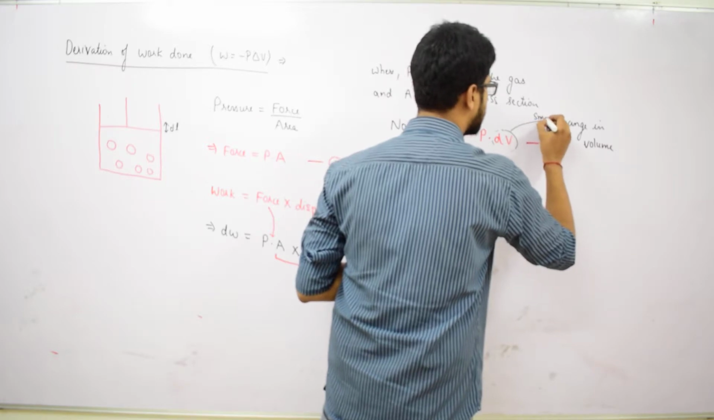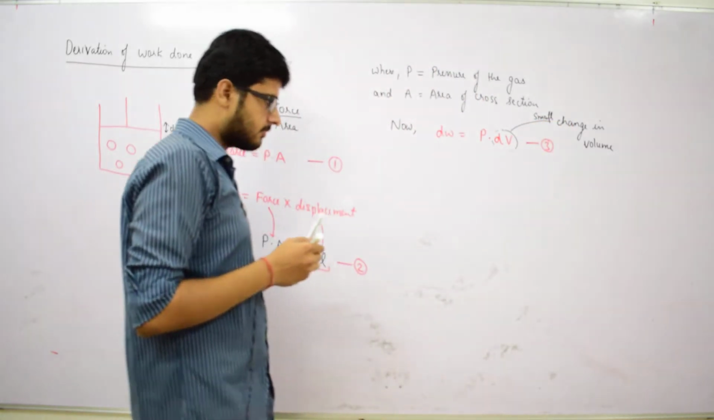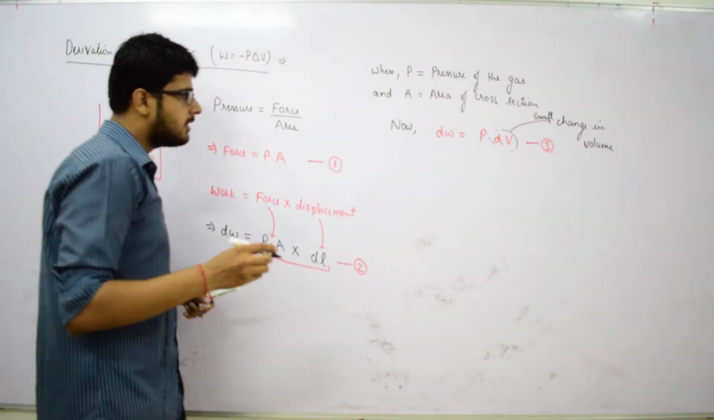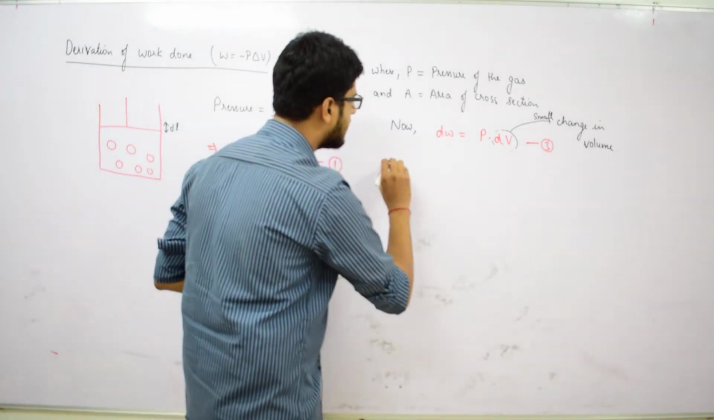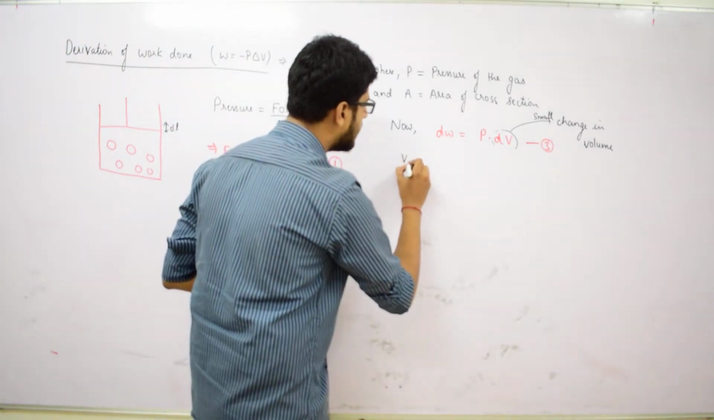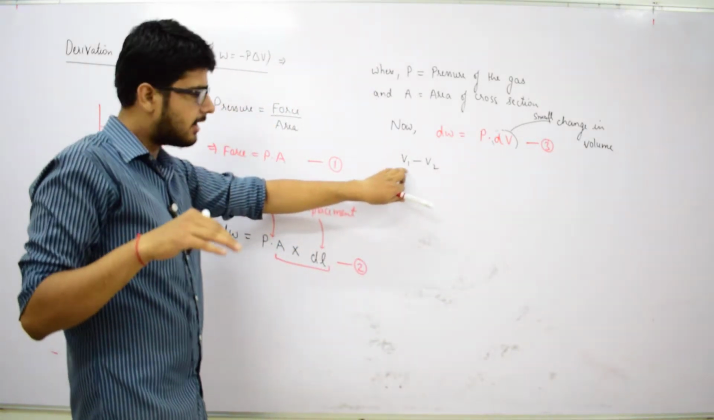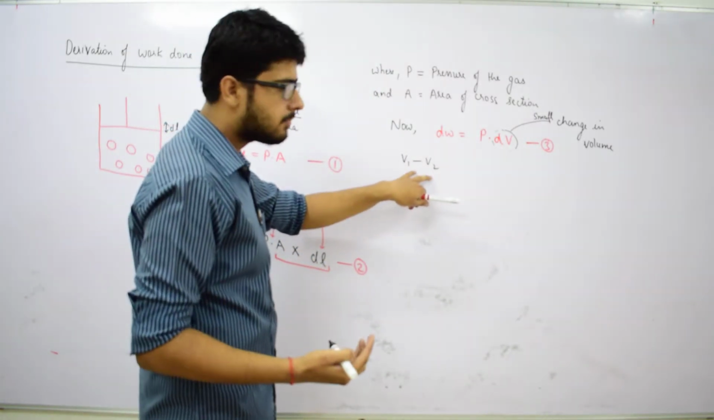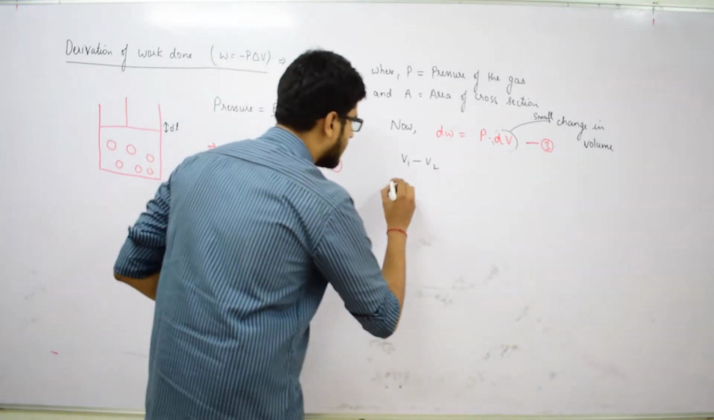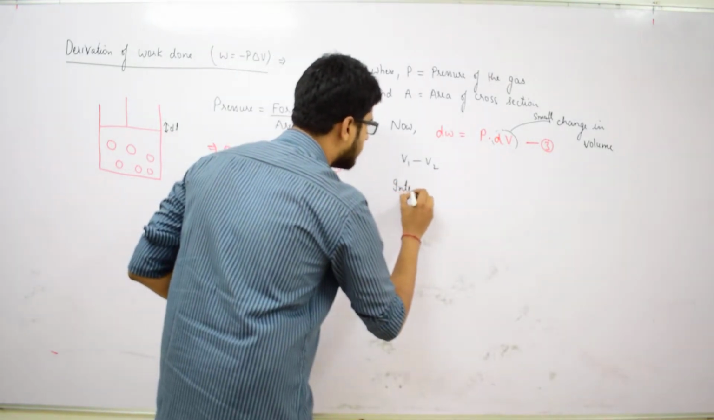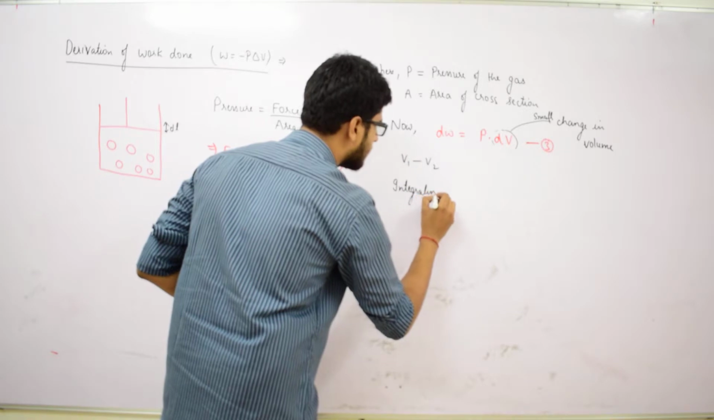It is the small change in volume. Now, let the expansion be taking place from V1 to V2, where V1 is the lower volume and V2 is the higher volume. So, integrating equation third,